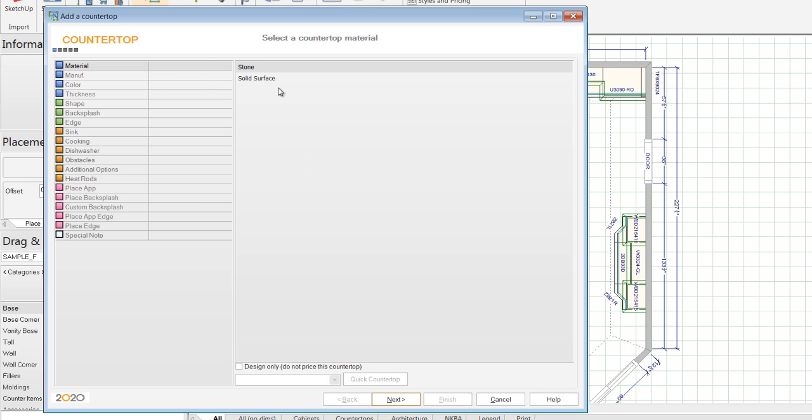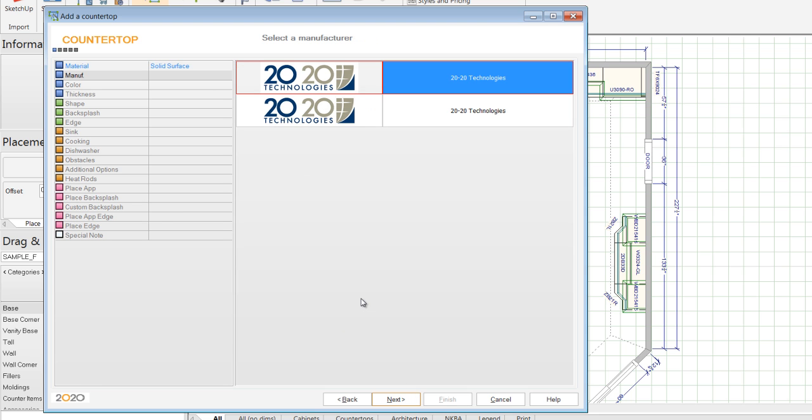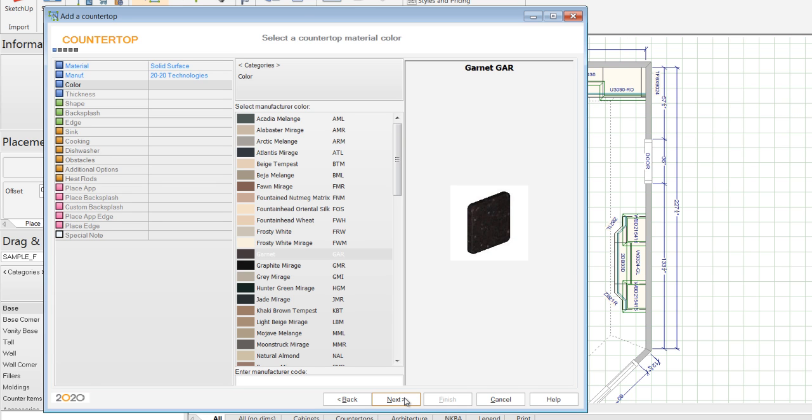So let's say we start with solid surface. I will click Next. Now, right now we have the generic 2020 catalogs, but you may have brand-specific catalogs of these materials listed as well. So I will click on 2020 and click Next. You're going to see a little pattern to this as we go along. You can click on different countertop materials simply by finding them in a list and choosing them with a left click. Now, if I want to choose Moonstruck Mirage, I highlighted it and will click Next, move on to the